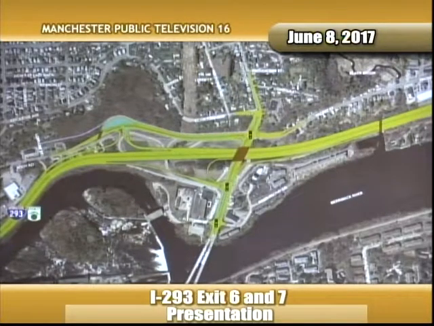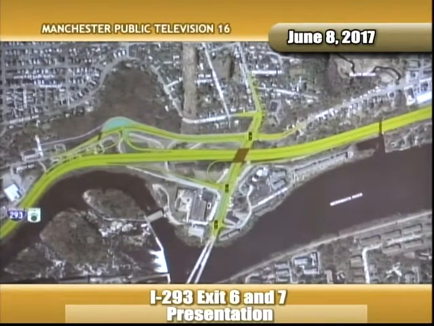The thing about this particular alternative, and this actually works well, the queuing problem that I talked about here of traffic backing up is not a problem now because the spacing here between these 2 signals is better. The issue here with this is there's really 2 issues that come up. One is the intersection right here at Front Street,